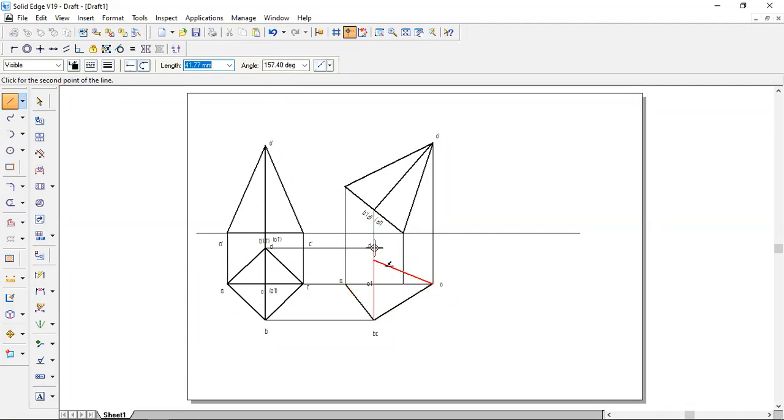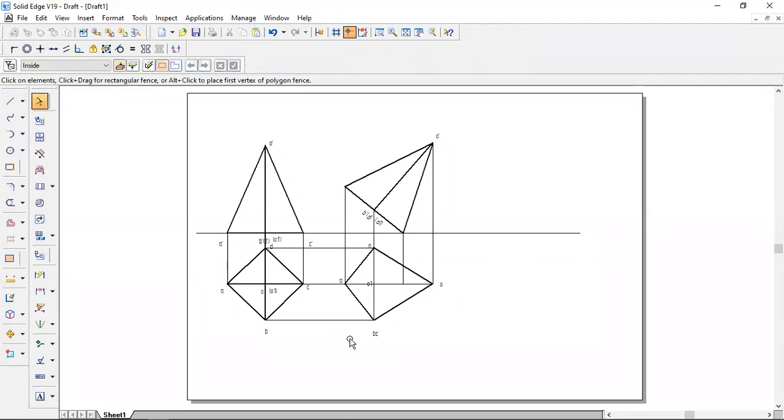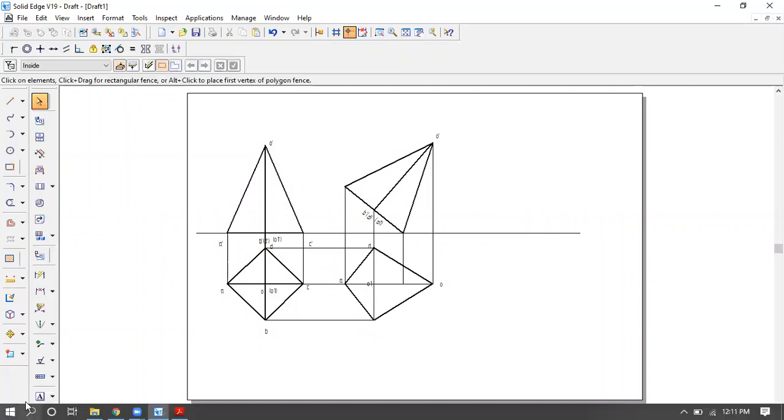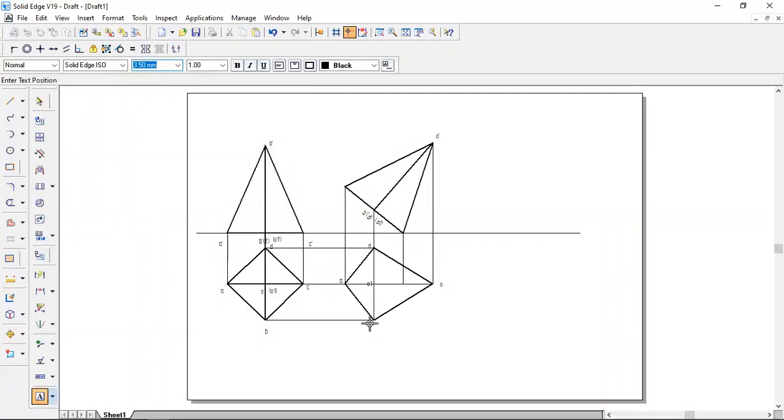So then D, then D to A. So this is called the outer view of the solid. So in this case, once you have drawn the outer view of the solid,